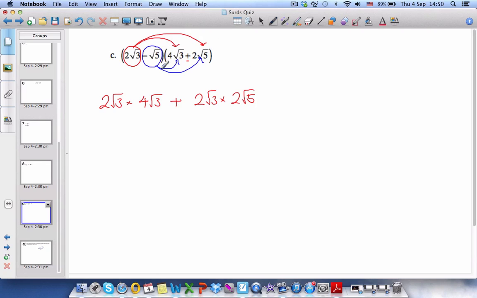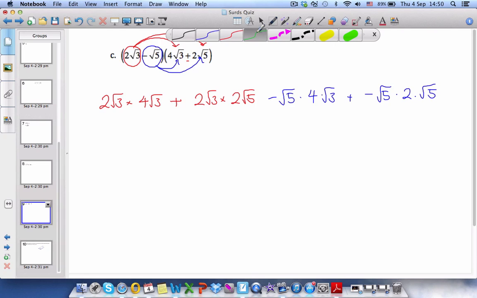Okay, and then I'm going to take this negative root 5 and multiply it to here and here. So negative root 5 times 4 times root 3, plus negative root 5 times 2 times root 5. Okay, let's go ahead and simplify all of these. Okay, what would this give you? That's 2 times 4, which is 8, times square root of 3 times square root of 3. So 3 times 8 is